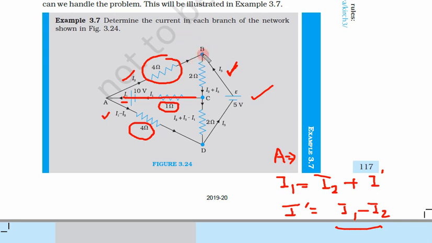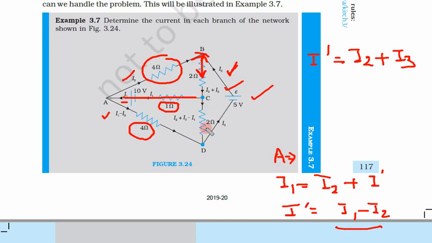Now current I3 is coming to B, and from this side I2 current is coming, and this is the only way of leaving. So from this side current is coming, this side current is coming, and the current will leave this way. So what would be the total current? Current going inside must be equal to current going outside. So if this current is, let us say, I dash, what would that be? I2 plus I3. So this is the current, I2 plus I3, in this branch.